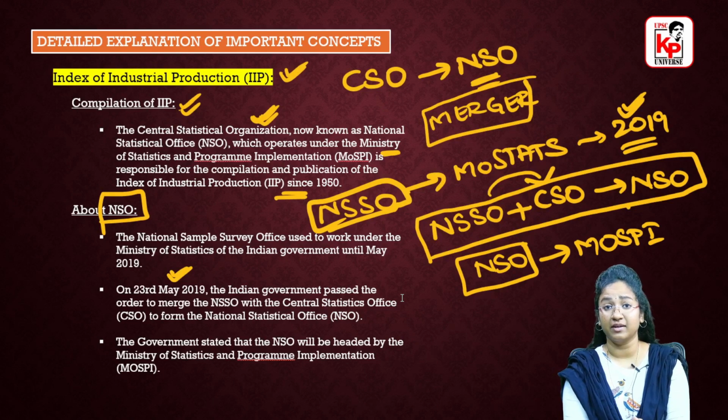Basically, how is it compiled, who publishes it, what is the formula that is used, what are the various sectors present in this particular IIP, what is the basket of industrial goods that is used, how is the volume of production in the base year calculated, and how is it published. If we compare with the previous month's data, what is the improvement in various sectors, which sectors have fared well in the recent IIP data. These are the various things that you have to remember regarding today's article.